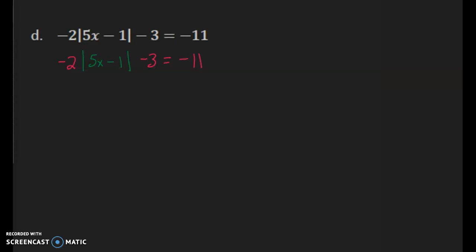So think about it this way. If I had written -2x minus 3 equals -11, you should know by now that we would add the 3 to both sides first. That's the same with this. You're trying to get this absolute value alone. So first you need to add or subtract and then multiply or divide. So we're going to add the 3 first. And what that does is it leaves me with negative 2, absolute value of 5x minus 1,